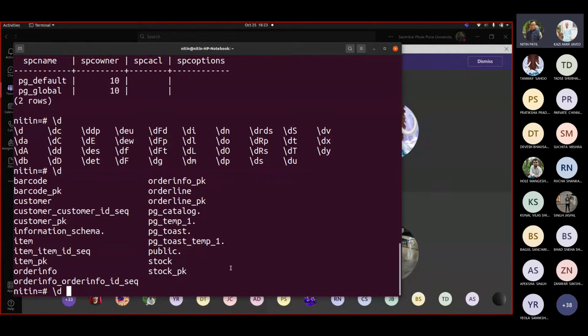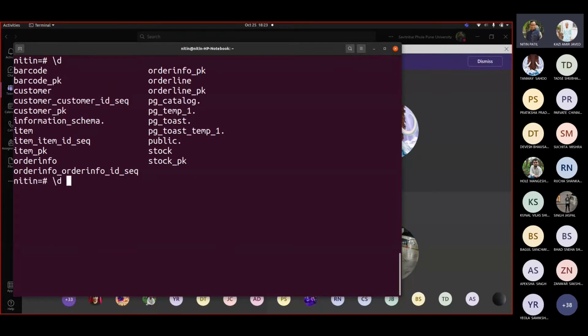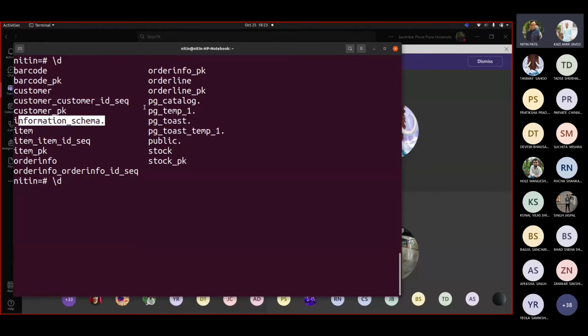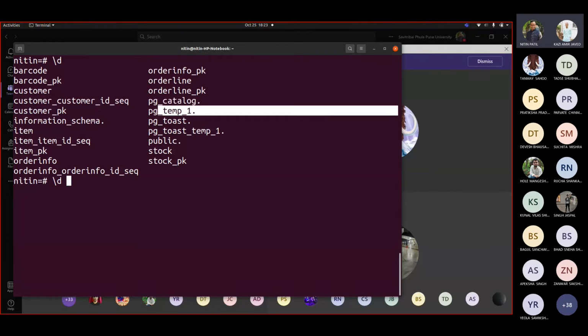If I press tab after \d, you can see whatever is with a dot: public, toast, we will be addressing this, information schema, pg_catalog, temp1. This was because we created a temporary table, or we might create a temporary table.